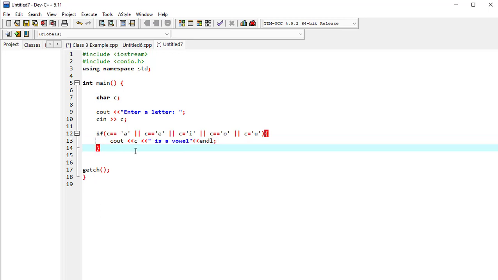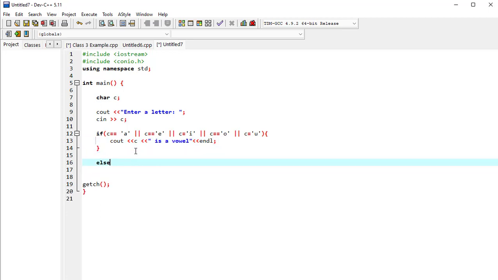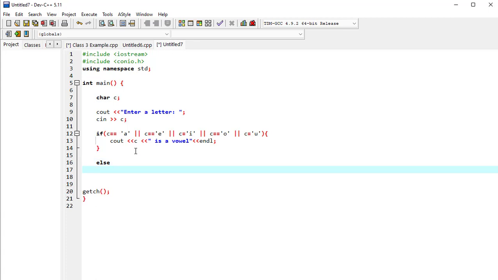So another statement can be: everything will be consonant until it's A, E, I, O, U, right? So here we can just write, is a consonant, right? Then